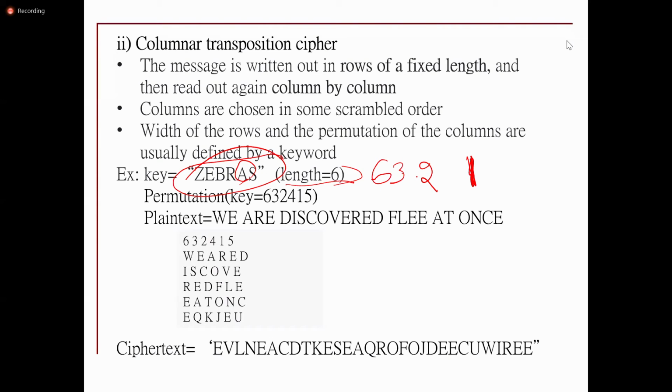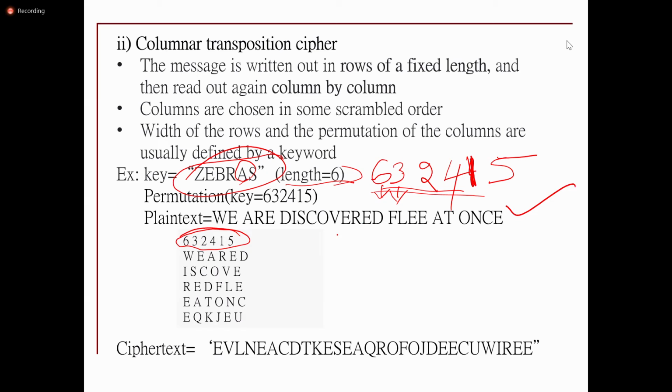Okay. And then R will come. So R is the fourth alphabet, S is the fifth alphabet, and Z is the sixth alphabet. Whatever alphabets we are taking in the keyword, the key, we need to take the position of that one. So we have to specify that position over here: 6, 3, 2, 4, 1, 5. And this is the plain text.